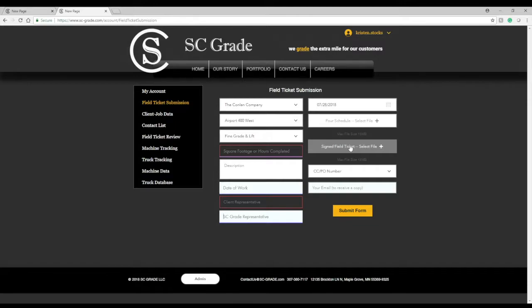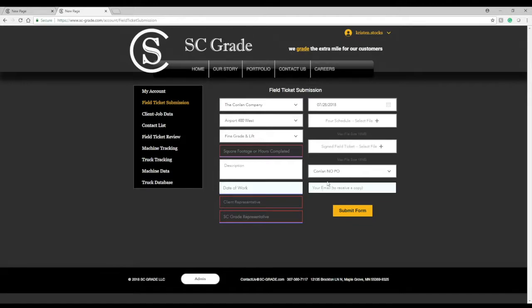If you need any help uploading something via PDF format, please download an application called PDF Creator or a similar PDF Creator. That will help you. If you have any questions, you can call your project supervisor or you can call the main office for assistance with that. Your PO number will populate automatically based on your selections here. This is a Conlon job, so based on this, it does not have a PO. If you would like to have a copy of what you are submitting, please fill in your email to receive